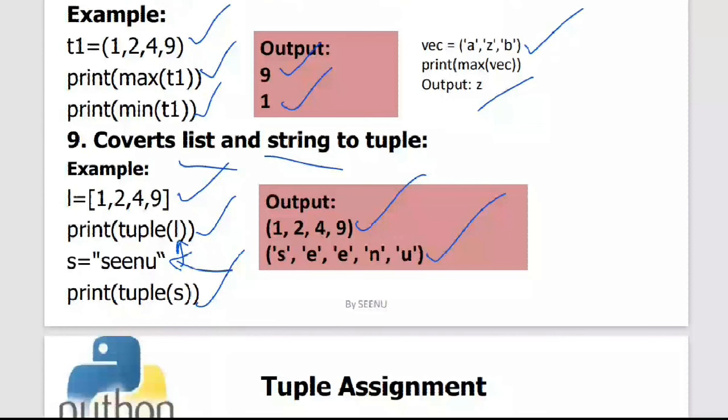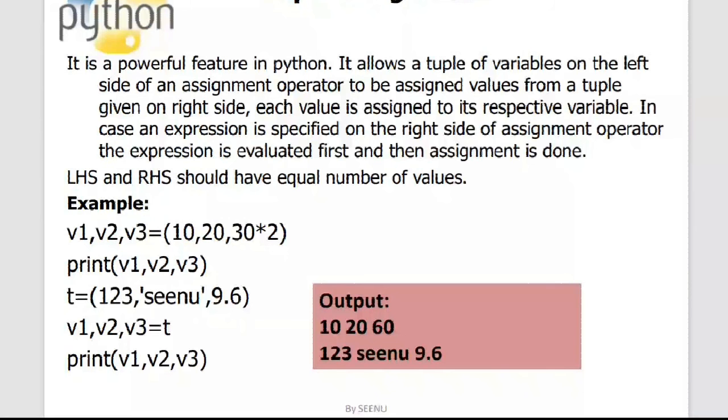Okay, so next is a very important topic, which is tuple assignment. You can actually assign many elements by using this tuple assignment. You can also do it without these parentheses, but internally it actually converts it into a tuple. So even if you write v1, v2, v3 is equal to 10, 20, 30 without putting it in parentheses, it works. But internally it converts it. So we are trying to understand what the programming language does internally.